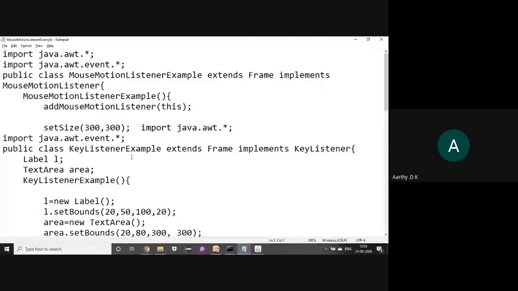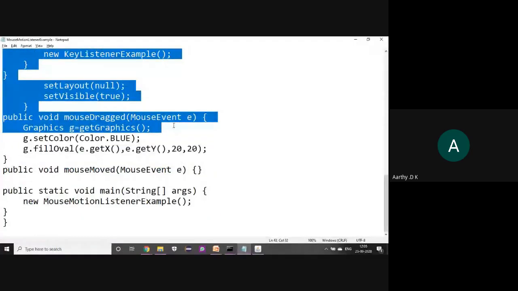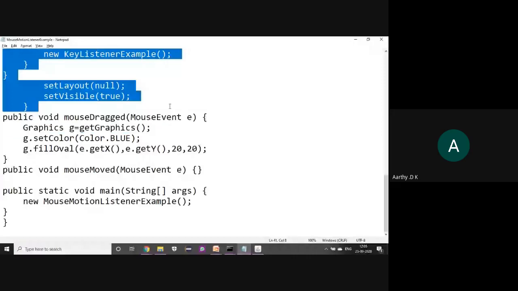Oh, I'm sorry, I've just overwritten some code. Just a minute.